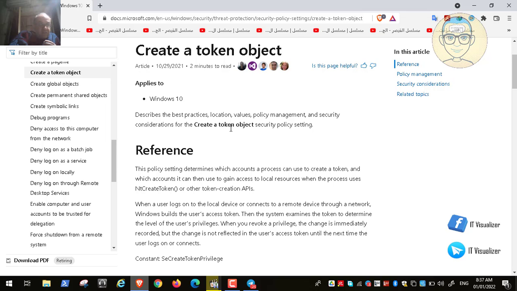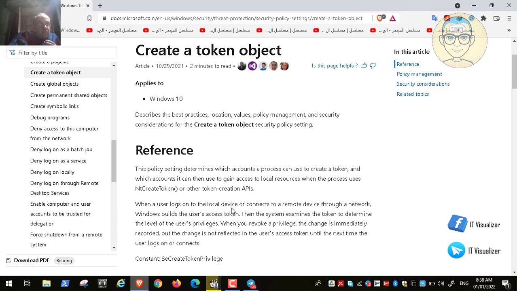So this is a very critical one. When a user logs in to a local device or connects to a remote device through the network, so you can log in locally or remotely, he will have an access token, or a token, something like a badge.